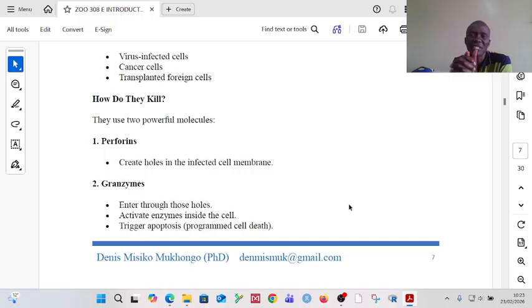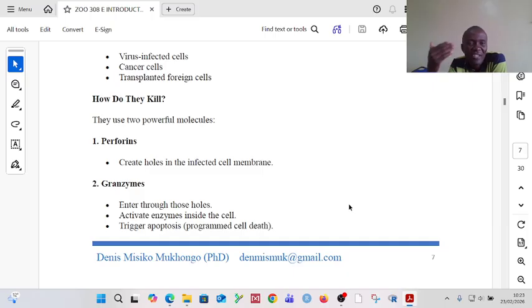Okay, so the cytotoxic T cells can kill an infected cell by using perforin. You can think of perforins and remember the word perforate. Perforins perforate the cell membrane of an infected cell. To perforate is to create a hole. Then once they've created holes, there are granzymes, another molecule, which will now enter through the holes that